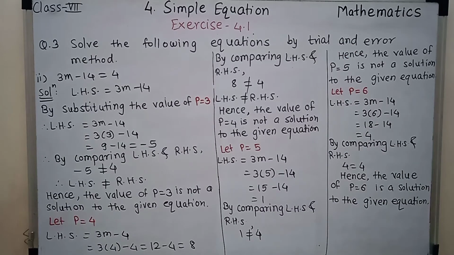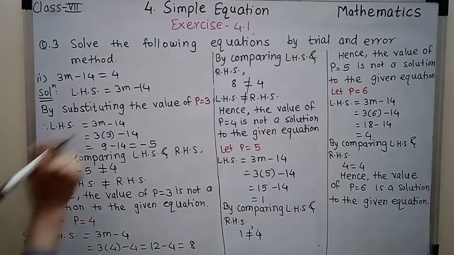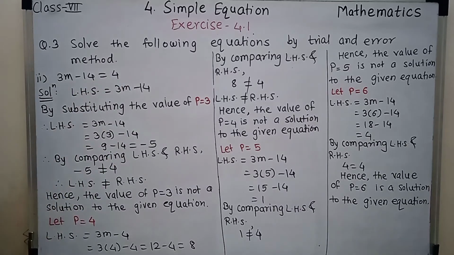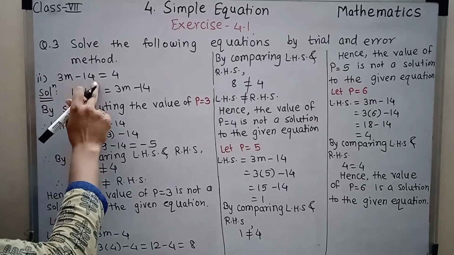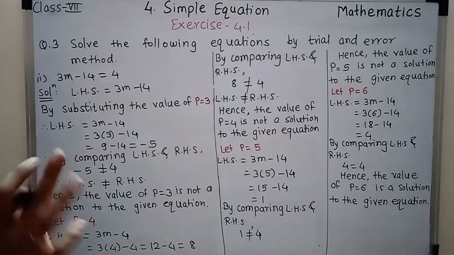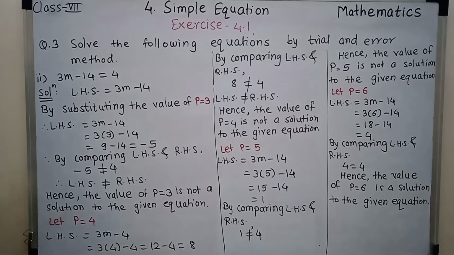So the second question is 3m minus 14 equal to 4. So again by trial and error method we need to find out the solution of the given equation. Okay. अभी अगर यहाँ पे मैं 3m की वैल्यू 0 डाल दूंगी तो ये आ जाएगा 3 into 0 minus 14. तो ये -14 equal to 4 आ जाएगा, तो बहुत ज़्यादा डिफरेंस आ रहा है, तो 0 नहीं लेंगे, 0 1 2 अगर ये कंसिडर करते तो बहुत ज़्यादा डिफरेंस आएगा.